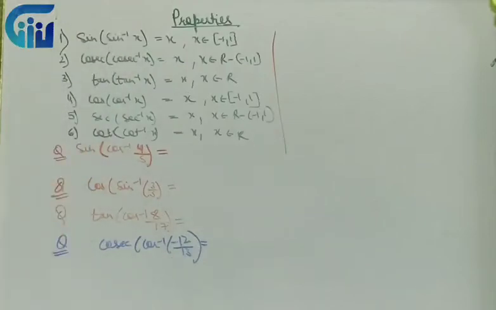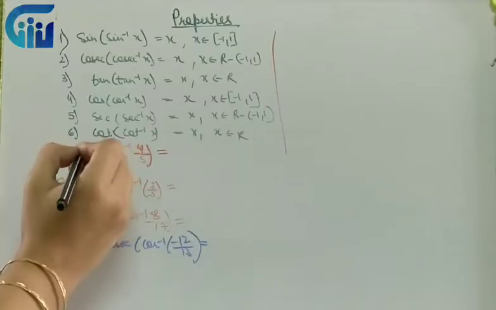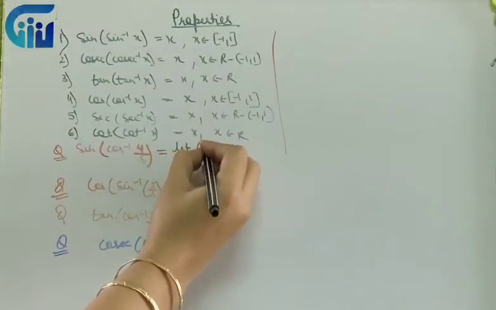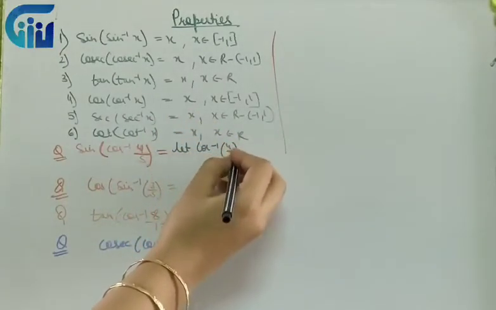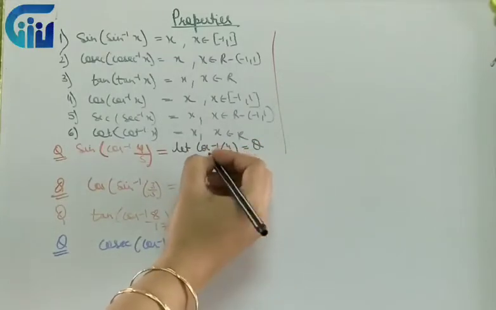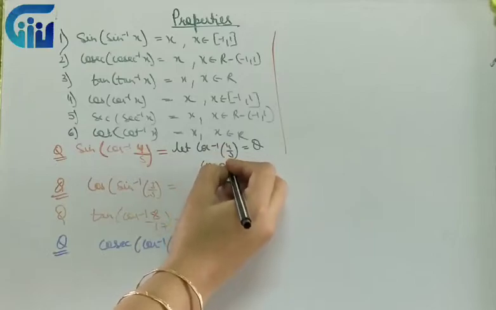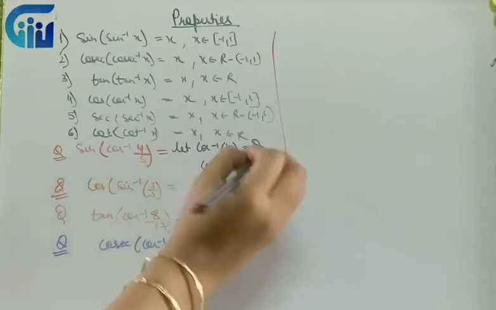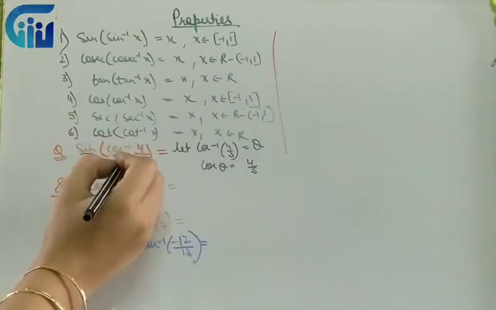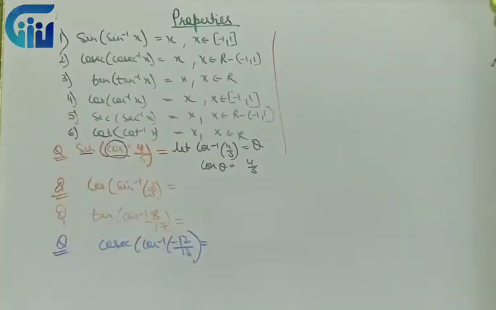Now, how to proceed in a question where we have to do it this way? So, what we have now? We have sine of cos inverse 4 by 5. So, what we do is we say let cos inverse 4 by 5 is equal to theta. So, we take cos of both the sides. So, this way it happens as cos theta is equal to 4 by 5. Now when my cos theta is 4 by 5, what we have to remember, to cancel these two, this should also be in terms of whatever trigonometric function is outside. So over here it is sine, so I should have sine inverse over here.